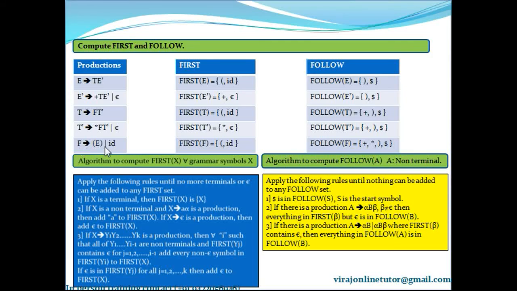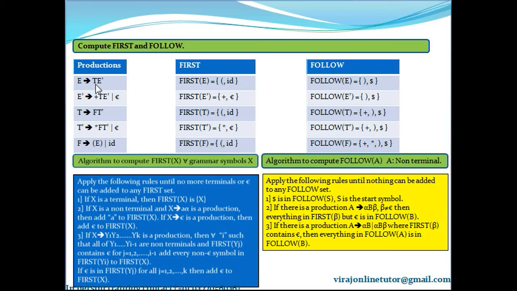Okay. Now this is not ending with a non-terminal. So that's it. Now only one thing is remaining. Check the productions where B is a non-terminal whose first of beta contains epsilon in it. If first of beta contains epsilon in it, whatever is in follow of the left hand side, put it in follow of B.